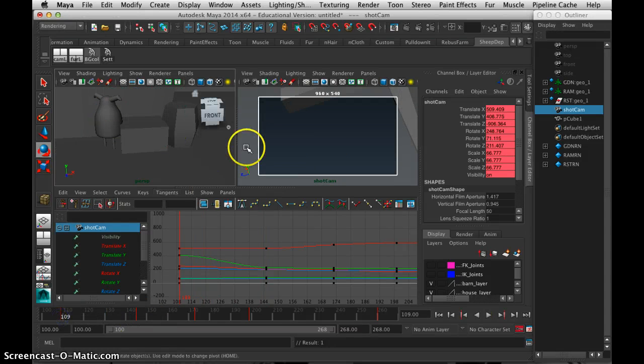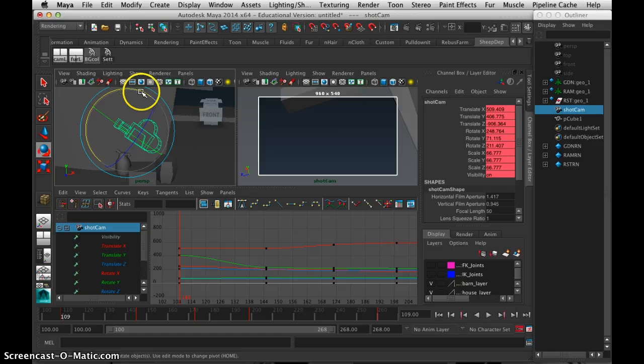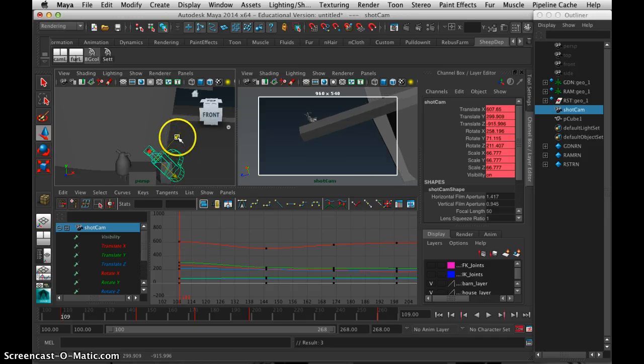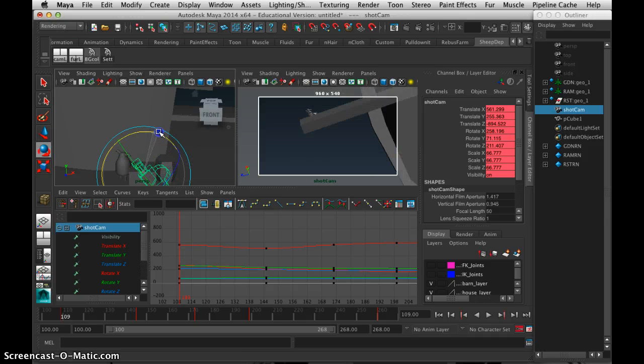So let's see here. Now that I've changed the lens, I need to adjust my initial shot. Move it back just a little bit, down, rotate it up. So I'm kind of losing the house here. I guess that's okay, not a big deal. I would like to have it in there, but